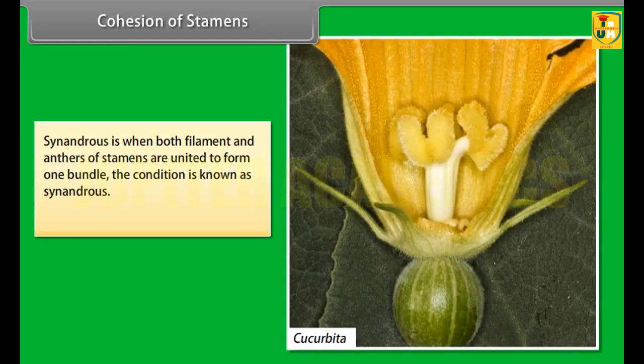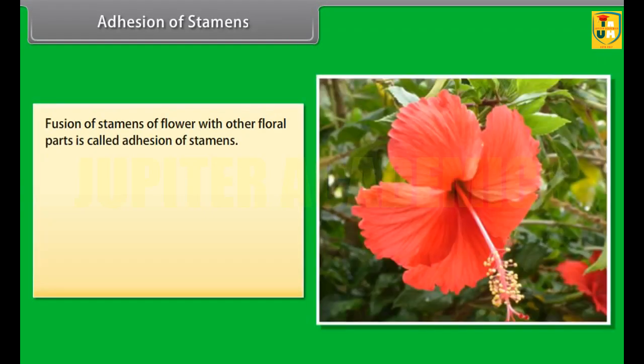Synandrous is when both filaments and anthers of stamens are united to form one bundle. Example, Cucurbita. Adhesion of stamens. Fusion of stamens of a flower with other floral parts is called adhesion of stamens. On the basis of adhesion, the androecium is of the following types: